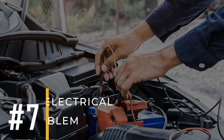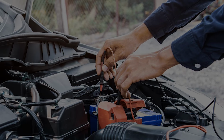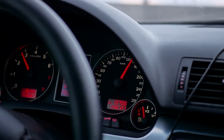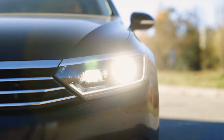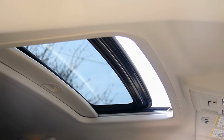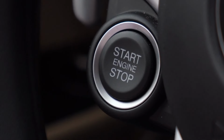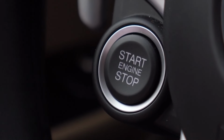Number 7. No electrical problem. When everything seems to be in top shape with your car's electrical system. Dashboard lights shining bright, headlights beaming, radio humming, and windows gliding smoothly. It might seem like smooth sailing. However, if you turn the key or push the start button and nothing happens, it could be a sign of